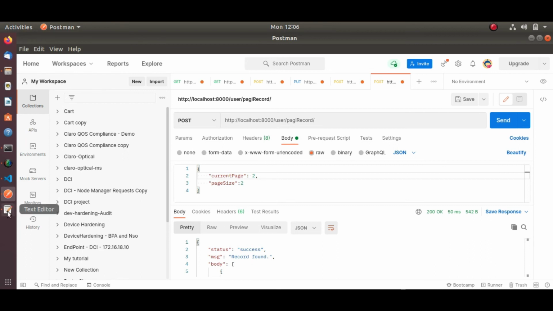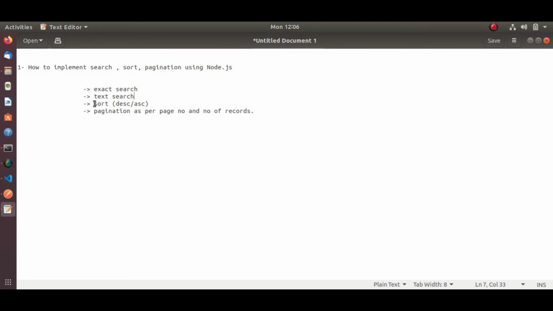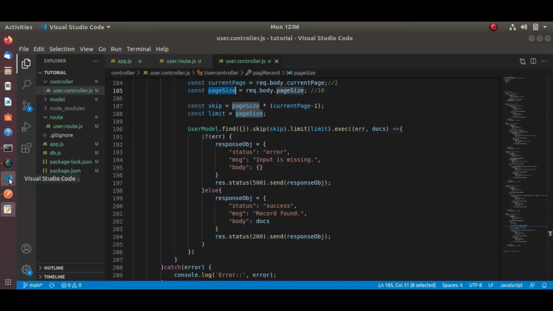So my next thing is I will implement sort, how we can fetch the records in ascending order or descending order. So let me create one more route for that.